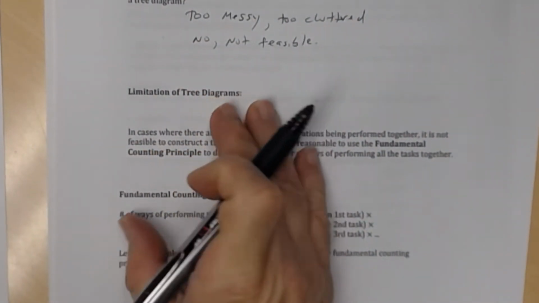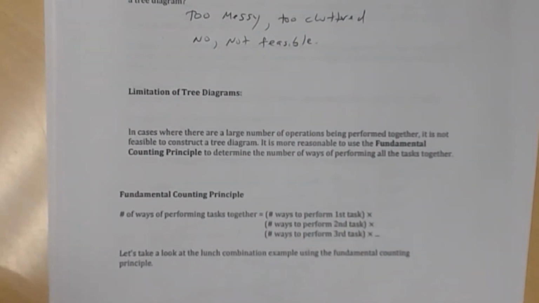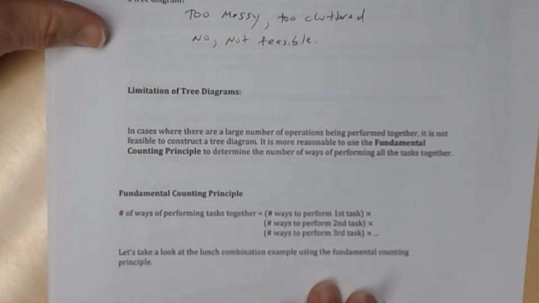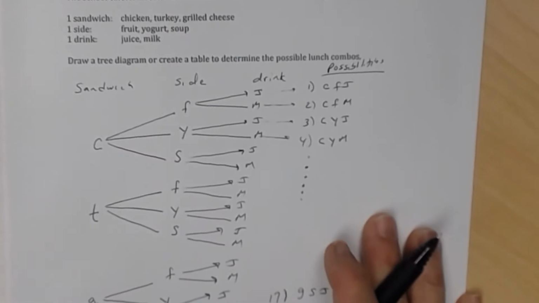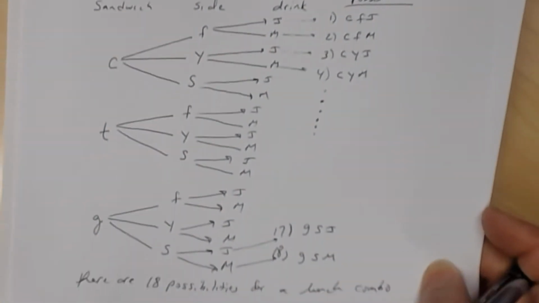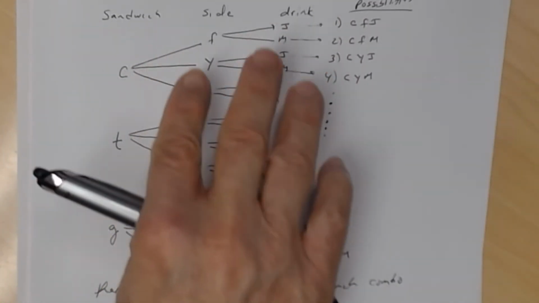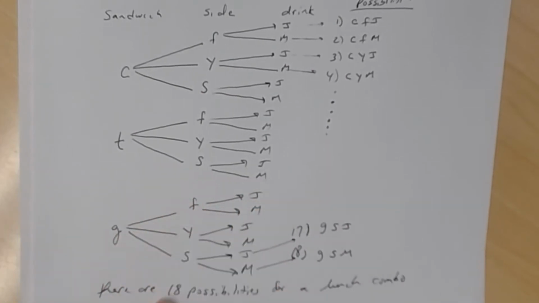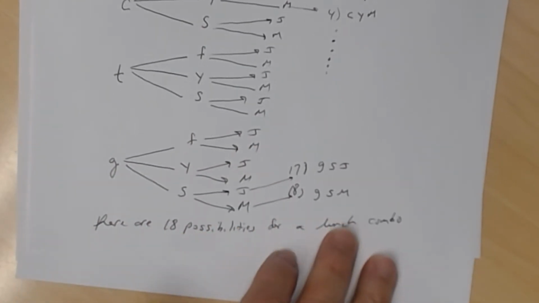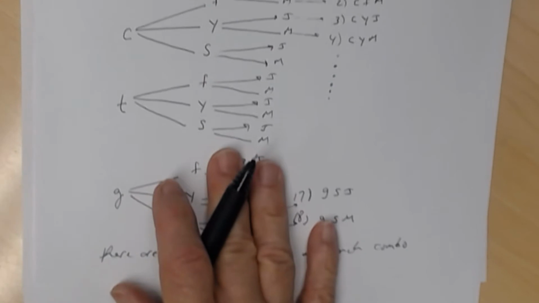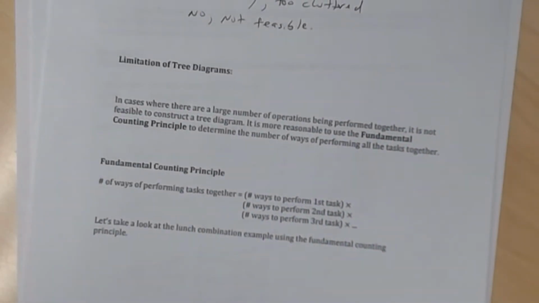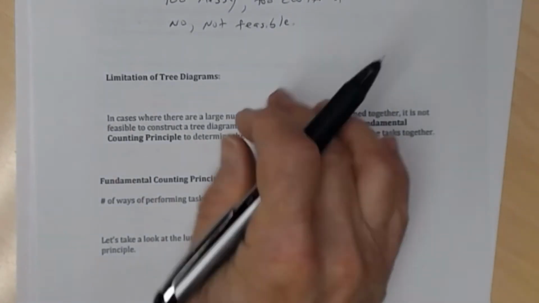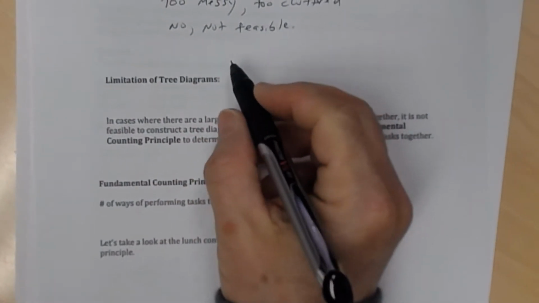Then what are the limits of tree diagrams? I know that in the problem we just did, it was feasible. It wasn't that bad. I could have easily done the one we just did on paper. All right, so that's the one where we had 18 possibilities. So what are the limitations of doing this? Well, I would use a tree diagram when